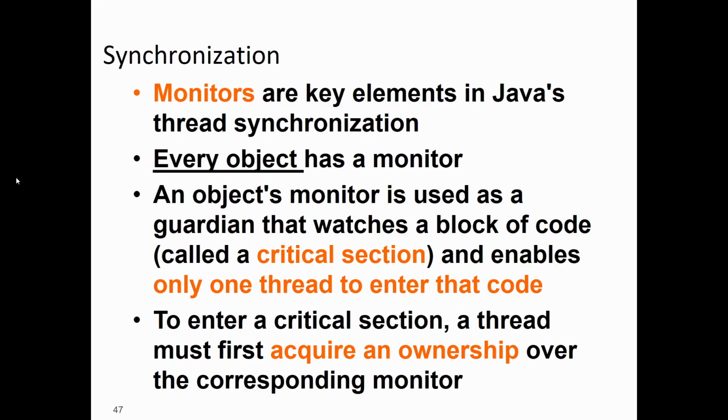And it plays the role of a guard, a strong guy that watches, and blocks of code are secured by it. And you are using the next important name called critical section. A critical section is a piece of code that you want to secure, or technically